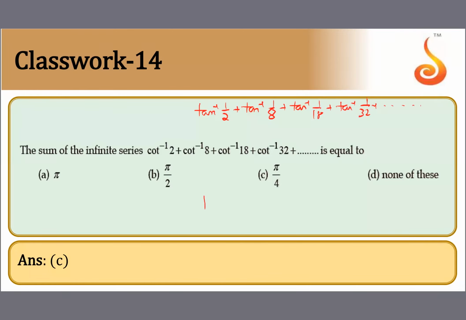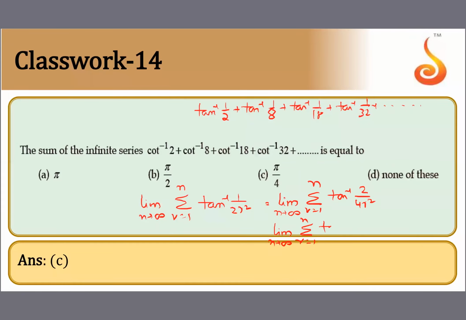So this is nothing but tan inverse 1 by 2r square, summation r equal to 1 to n, limit n tending to infinity. If you put r equal to 1, first value, r equal to 2, second value, r equal to 3, third value. Any doubt in this? Limit n tending to infinity, summation r equal to 1 to n, tan inverse 2 by 4r square. Multiply by 2, divide by 2. Next step, limit n tending to infinity, summation r equal to 1 to n.